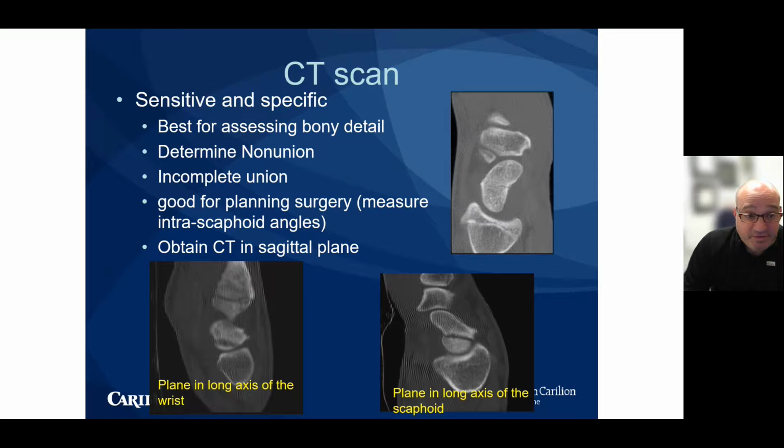We tend to use CT scan once we've seen the fracture and we're planning surgical intervention. It's best for assessing the bone in detail, determining the non-union or incomplete union, as well as in post-operative protocols. It's good for planning the surgery. We're able to measure interscaphoid angles. And it's important to note that we recommend obtaining the CT scan both in the sagittal and the coronal plane